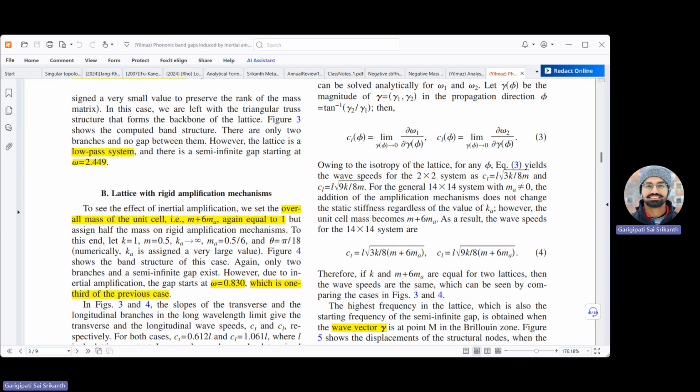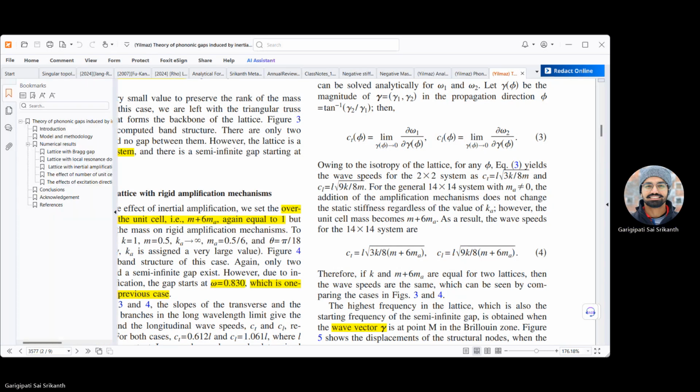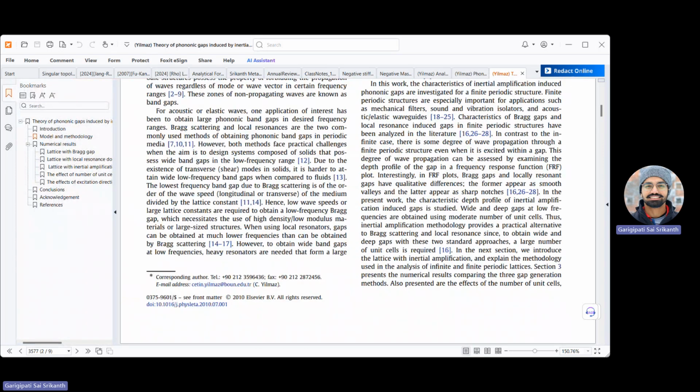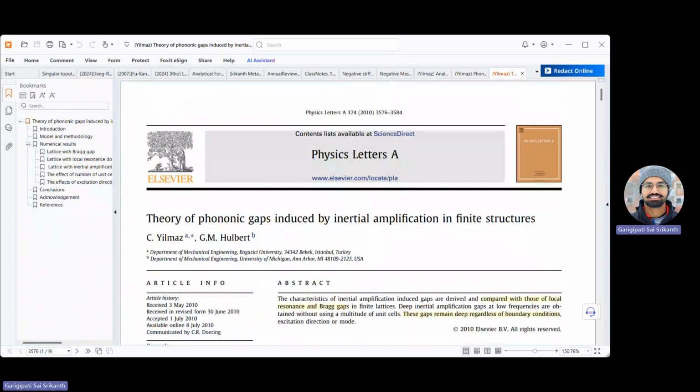Yilmaz has done incredible work in inertial amplification. Let us see. This is the theory of phononic gaps induced by inertial amplification